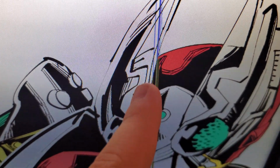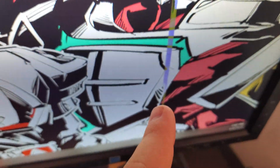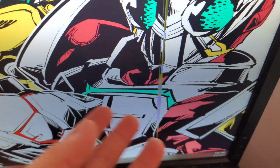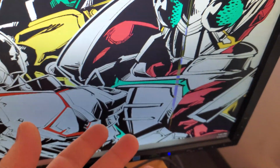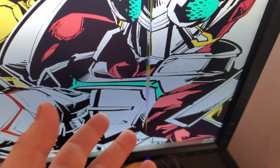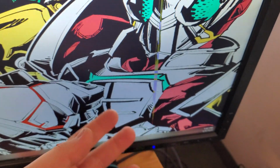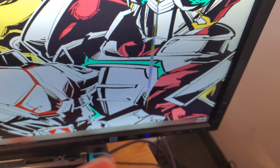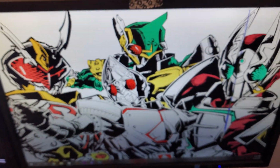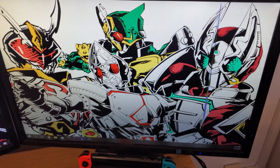this one's got a little bit of a line in it right here. No bueno. And it's just weird because some days it looks better than others. Like some days it'll just be almost completely gone, and other days it'll be really bad or even worse than this. So, I want to upgrade to 4K monitors, but there's nothing really on the market that